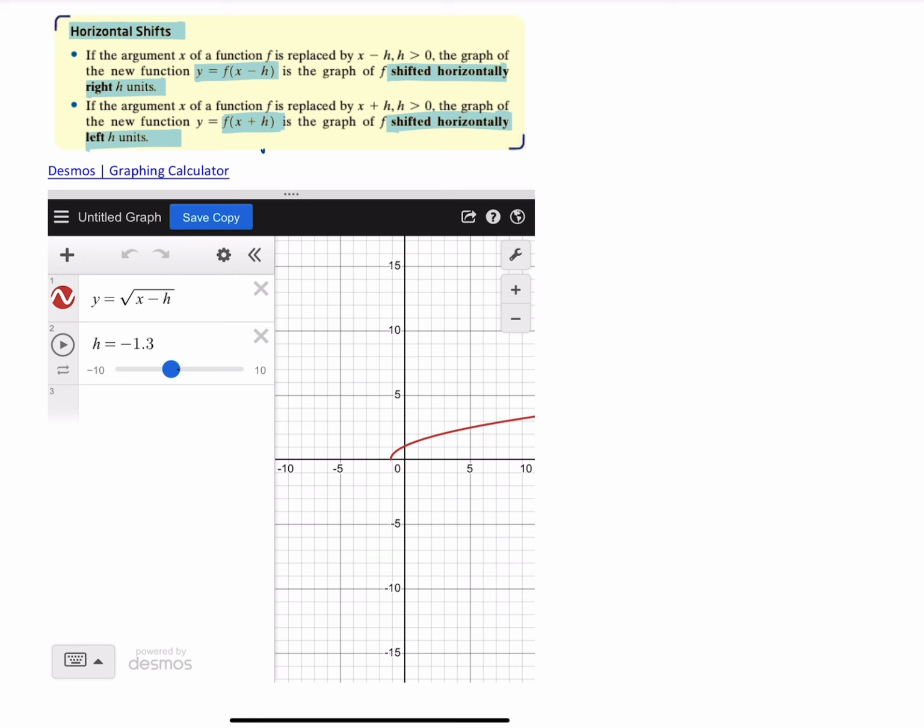Whereas if we're inputting a negative number, like -5, that would make this x plus 5, because you'd be doing minus -5. So if there's a plus inside the function, it shifts it to the left. If you add to x, it moves it to the left. If you subtract from x, it moves it to the right. Again, it might feel a little bit backwards, but you'll learn to recognize it for sure. So a couple quick